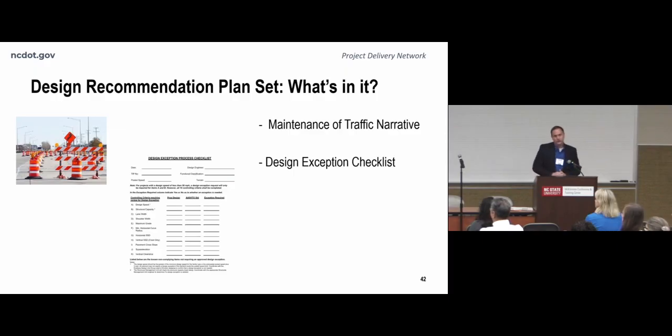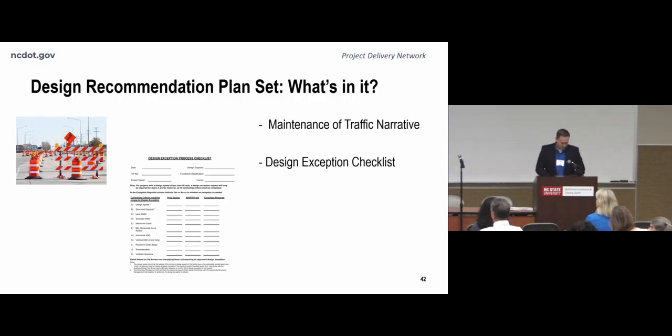Along with the plan sheets, you're going to see two additional documents that come with the DRPS. The first being the maintenance of traffic narrative, and this is a thought-through overview worked out with the roadway engineer and the work zone traffic control engineer to put together what will likely be the traffic management for this project. At this stage, there are no TMP plans, but this should be a thought-out process on how the project could